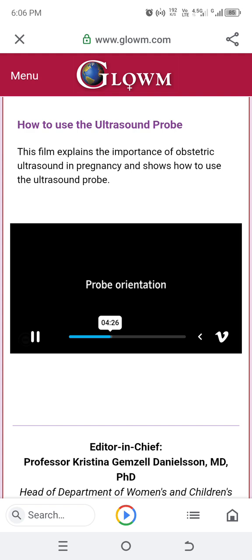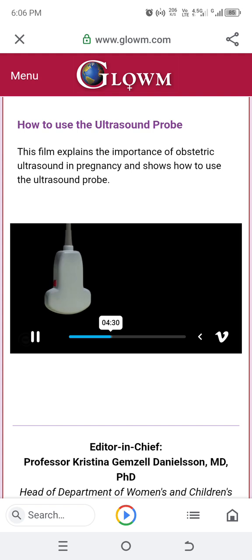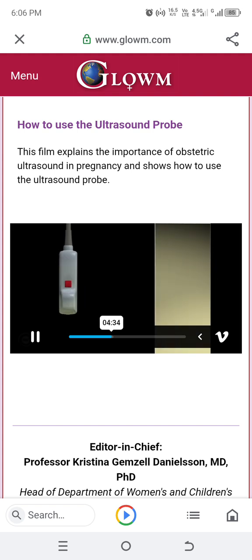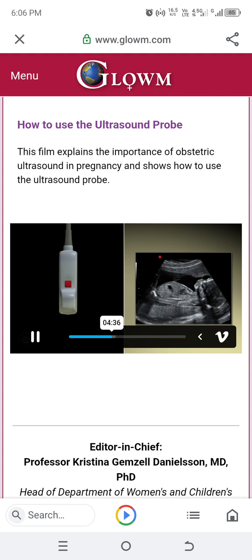Probe orientation. There is a marker or a dot located on the ultrasound probe, and it is always represented on the screen in the same place, usually the top left-hand corner. This dot is crucial when working out the orientation of the organ or the fetus, and when interpreting the corresponding